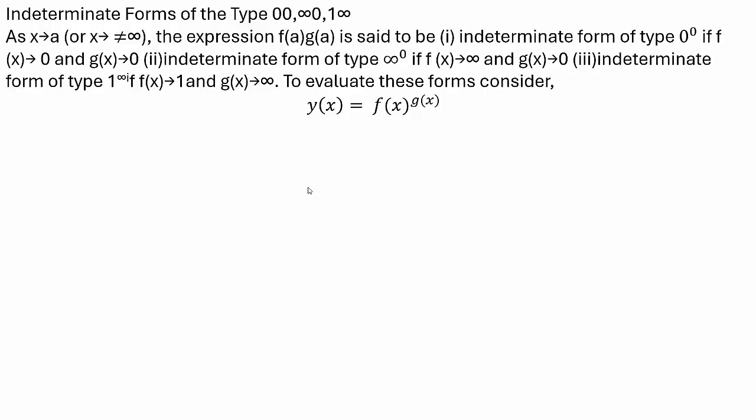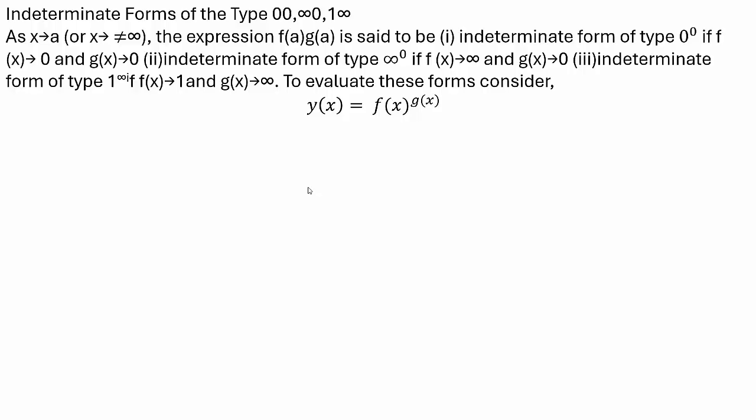Indeterminate forms of the types 0^0, infinity^0, 1^infinity. As x tends to a, a finite number, the expression f(a)^g(a) is said to be an indeterminate form of 0^0 if f(x) tends to 0 and g(x) tends to 0. Indeterminate form of the type infinity^0 if f(x) tends to infinity and g(x) tends to 0. Indeterminate form of 1^infinity if f(x) tends to 1 and g(x) tends to infinity. To evaluate these forms,